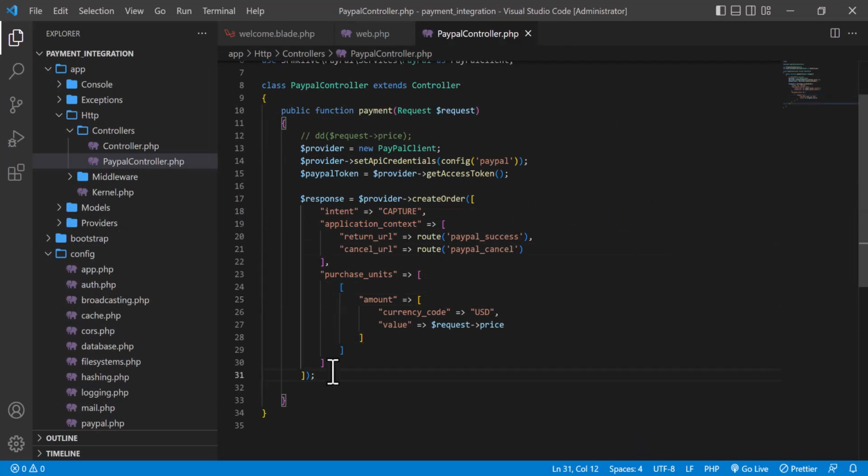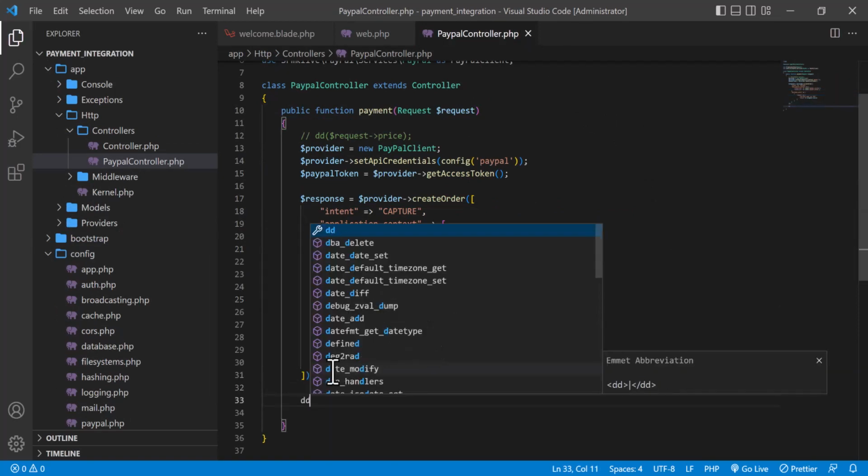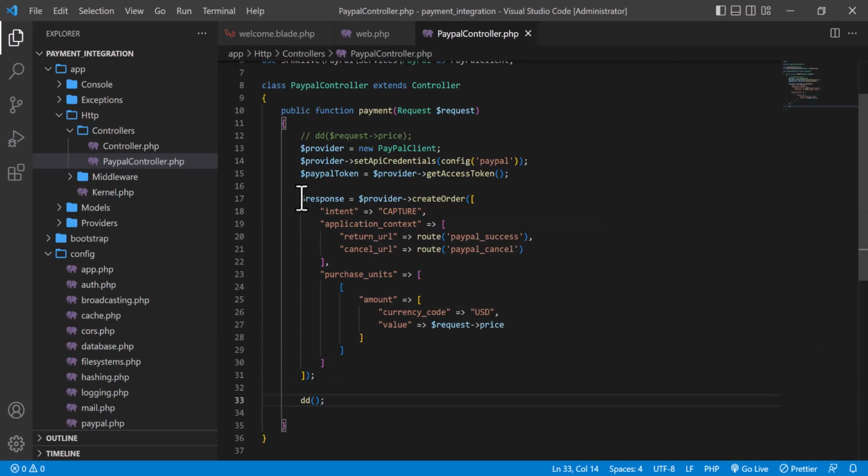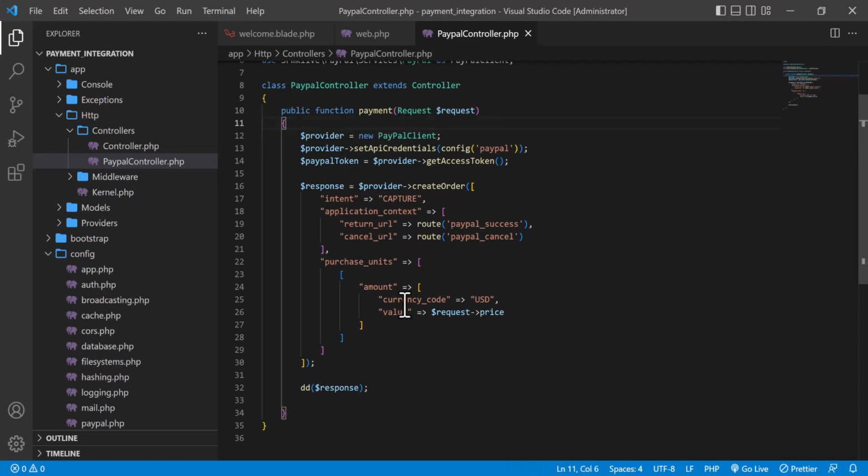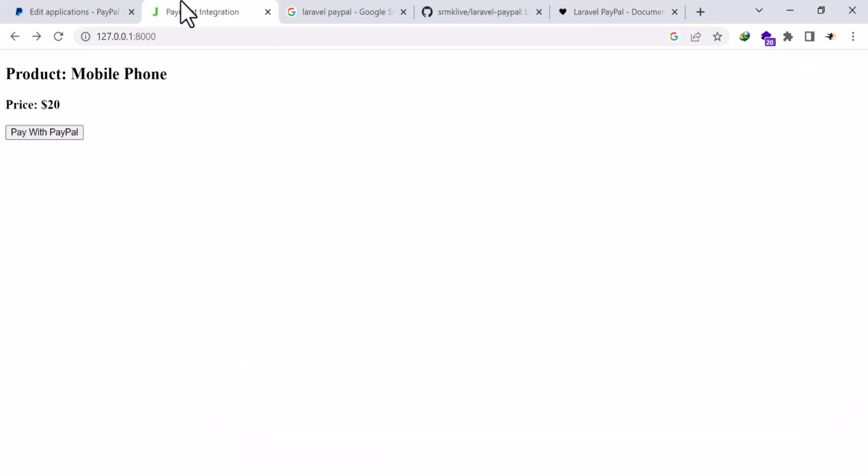So up to this it is okay. Now I am going to see what is in the response. I am going to check. I'm going to close this. Okay, now let's check what is coming into the response. I am going to refresh it, and now I am going to pay with PayPal,